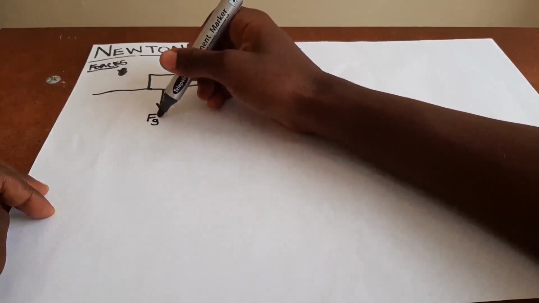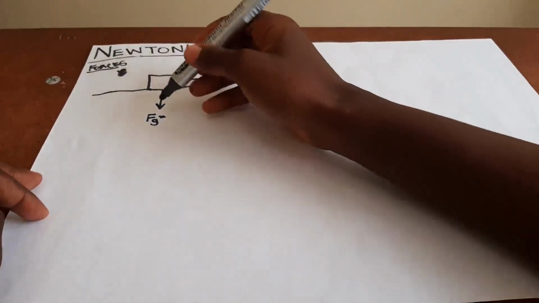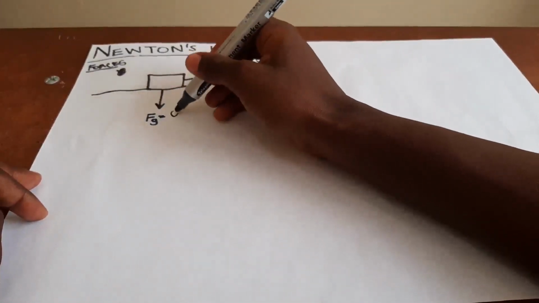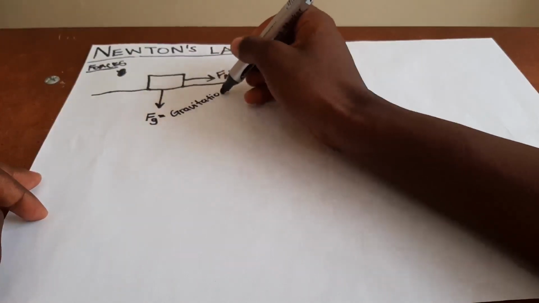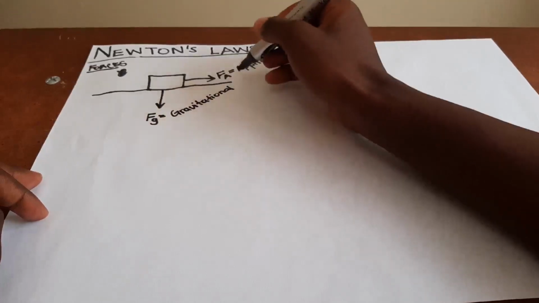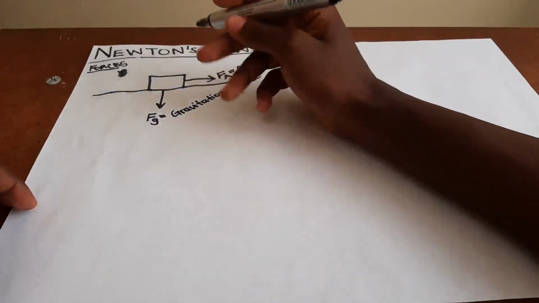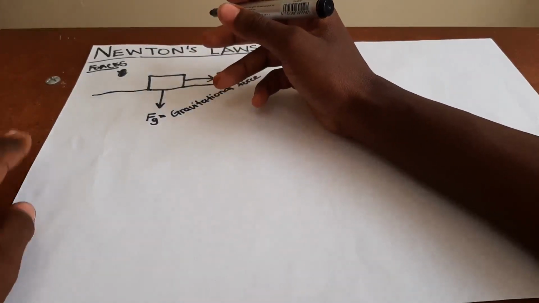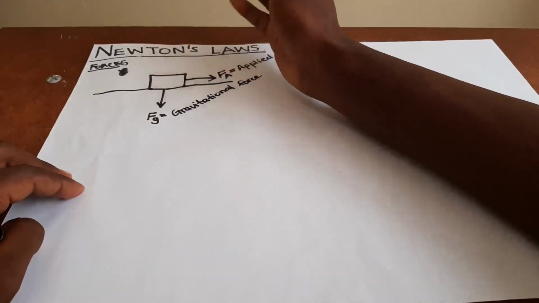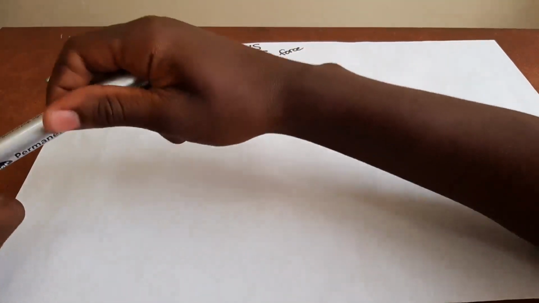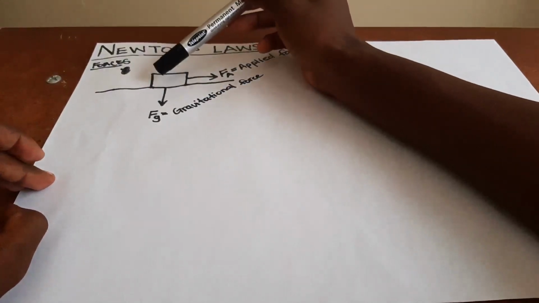Yes, the gravitational force is a non-contact force. So this is gravitational force. Not to confuse you again, we also have another force. So if gravitational force is acting downwards, why then